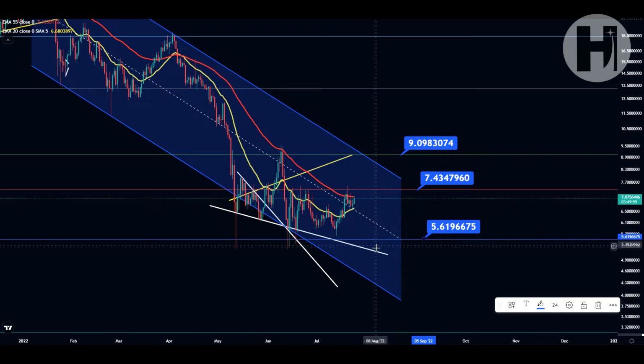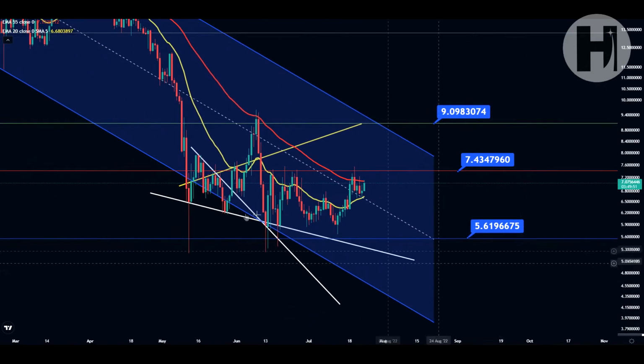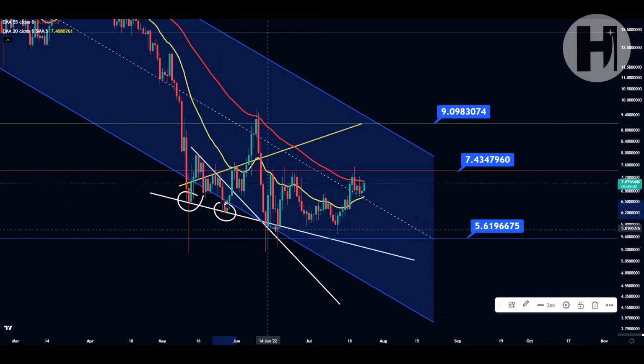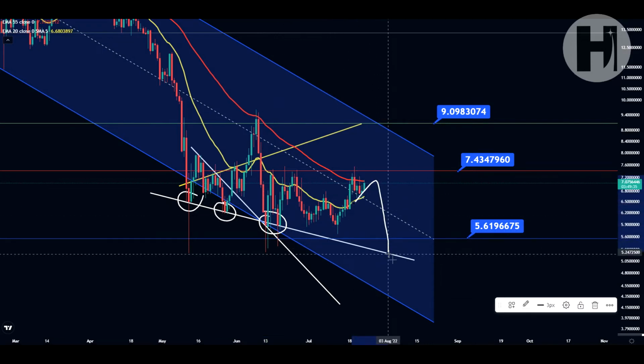And yeah, also I would target this white trend line here. So this is a descending support trend line that we have, and we do have multiple bounces off this trend line. So you have a bounce here in May, you have another bounce at the end of May, you have multiple bounces here in June, and right now we can potentially see another bounce here in July if we capitulate